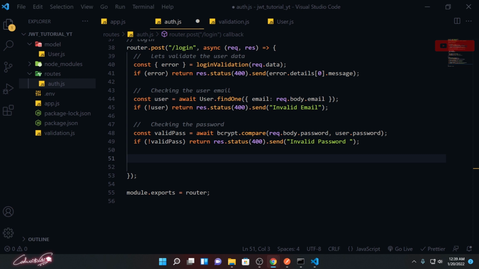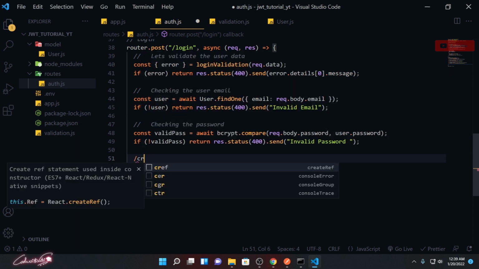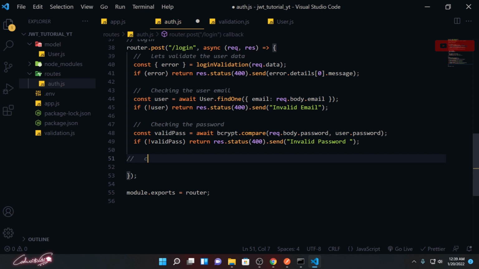Along with that, we need to create and assign a token for the user first. So now, creating a token for the user.